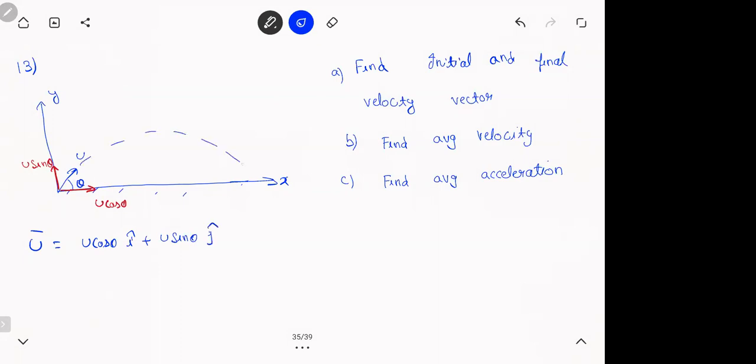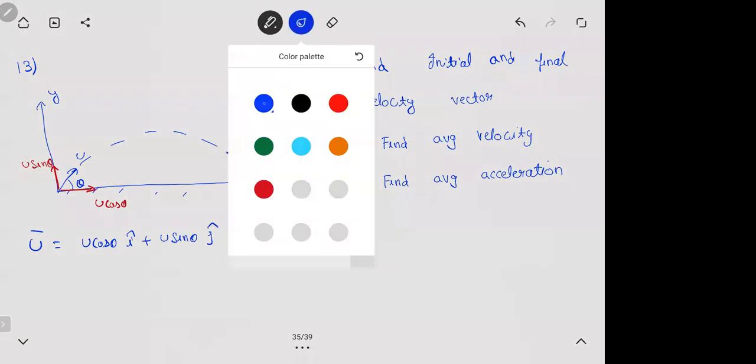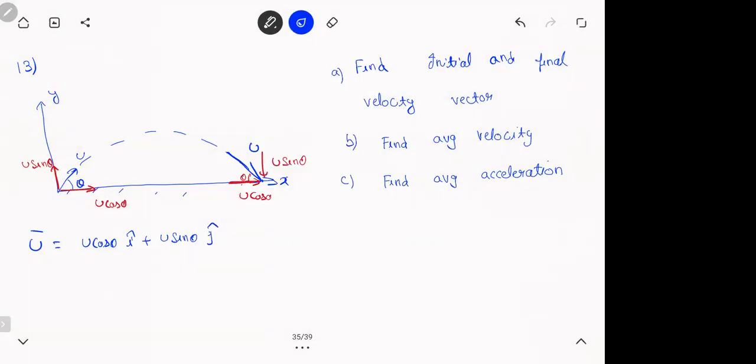And this will go here and land here, na? You land with the same speed. So again, this will be u cos theta because this is theta, and this will be u sin theta. When you're landing on the ground, only the vertical component will reverse. So the final velocity will be u cos theta i cap minus u sin theta j cap, because the vertical component is reversed. When I say find the initial and final velocity vector, this is what I'm saying. When you're reaching the ground, what is the velocity vector? Initially, what is the velocity vector? Hope this was clear. Get B and C.